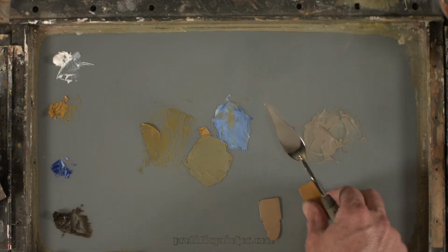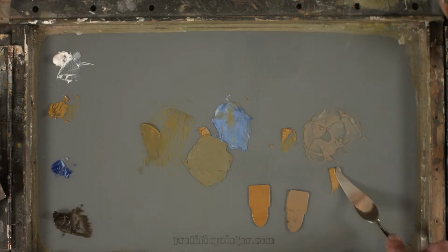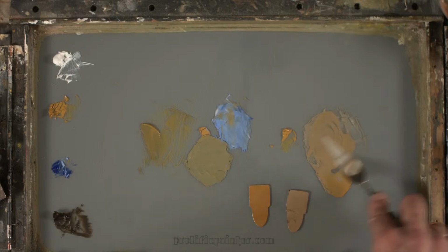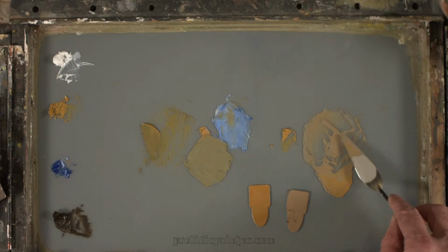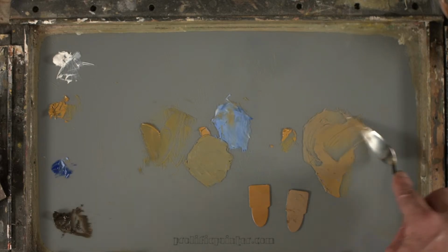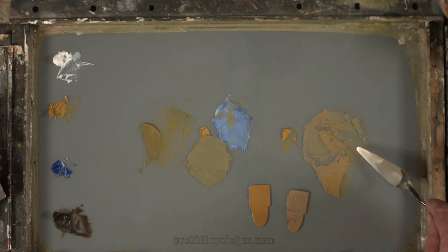So if I take this color and I want it to be like this, get a bit of my yellow ochre, mix in some of this, and it drops the chroma without really changing the hue very much. And because I mixed it to the same value, it stays at about the same value. I've actually dropped it further there than I need to. Now the yellow ochre is slightly more yellow than the original chip anyway, but hopefully you can see